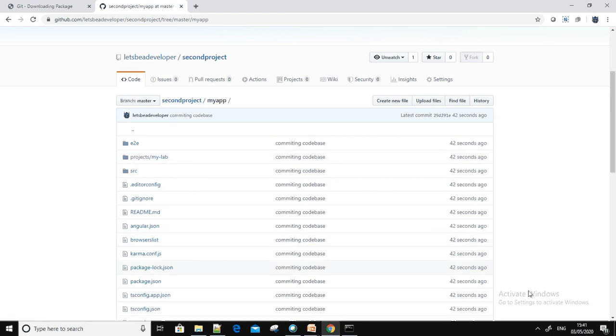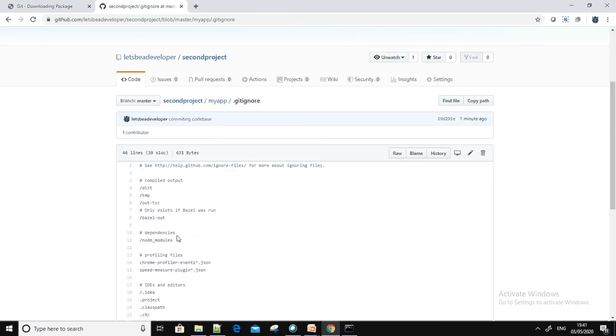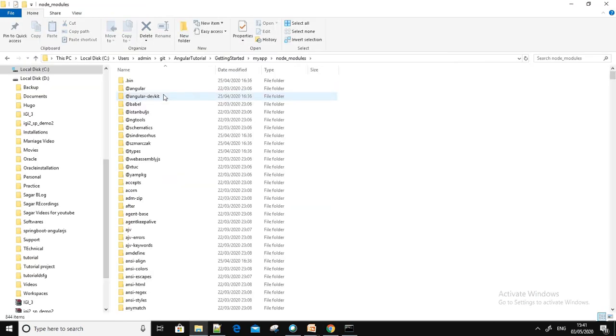If you haven't gone through that tutorial, go to that video and have a look at it. I have explained all the files. The git ignore file is there. If you go to the git ignore, you can see that it asks to ignore node modules, because node modules can be downloaded, since it has so many dependencies.